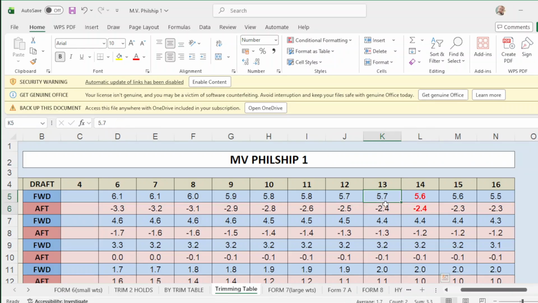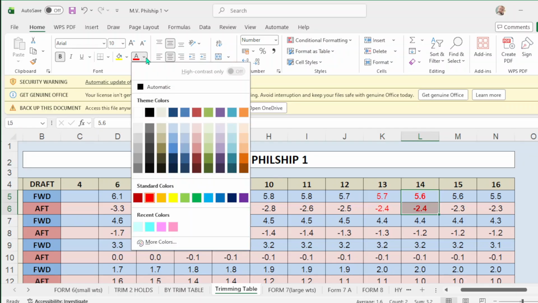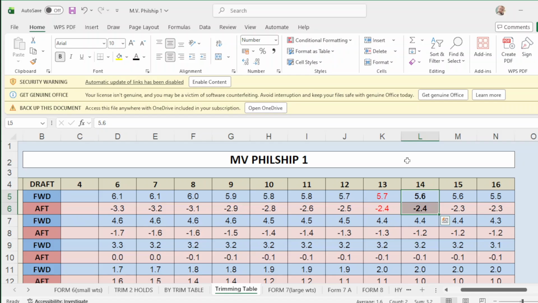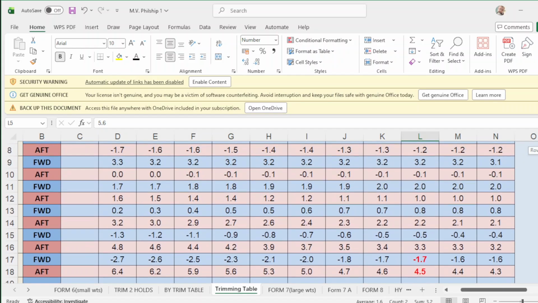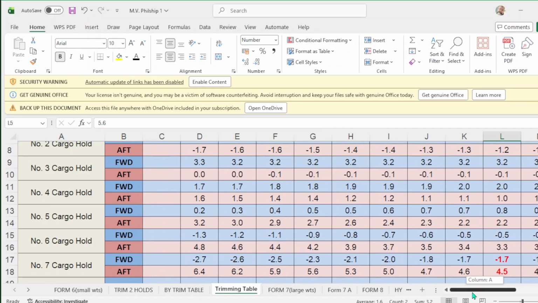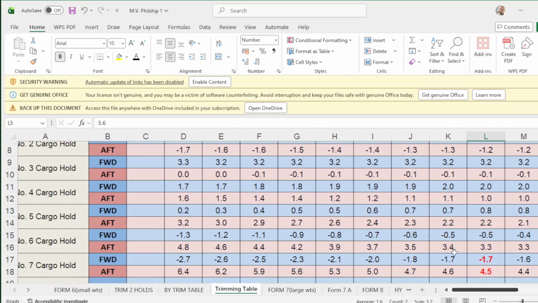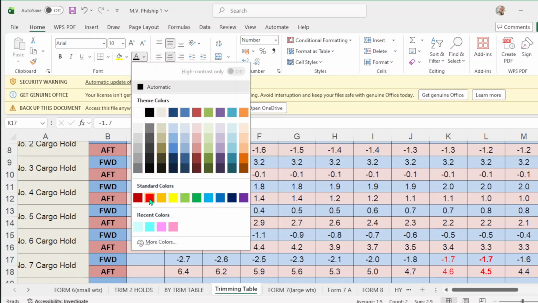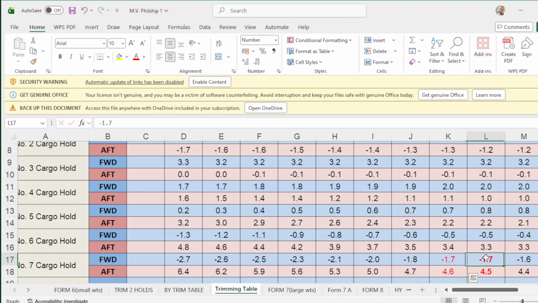So we highlight this one in red and make this black. That will be K. We go to 7. Hold 7, letter K. Make this red, and make this black so that we will not get confused.